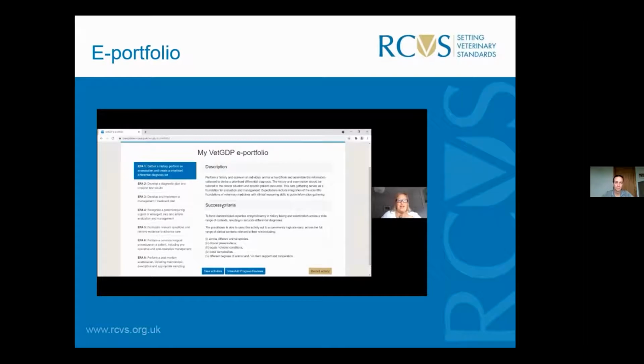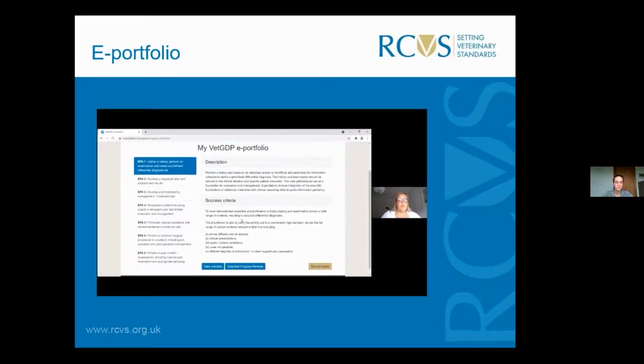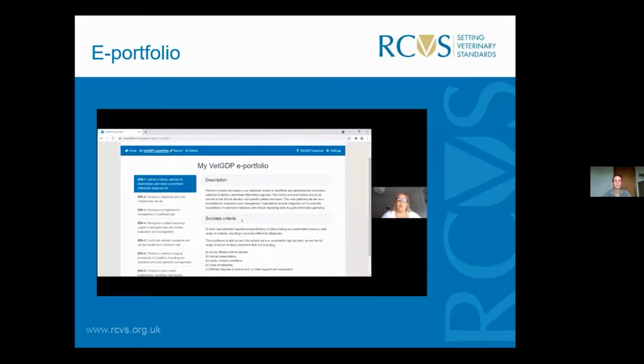How to view and add progress reviews. So you want to log in as you usually would do and click on your VetGDP eportfolio, which brings you to this page. You will do your monthly review per EPA, and ideally you will have had your monthly review discussion with your VetGDP advisor before you do this, but you could also sit down and do it together at